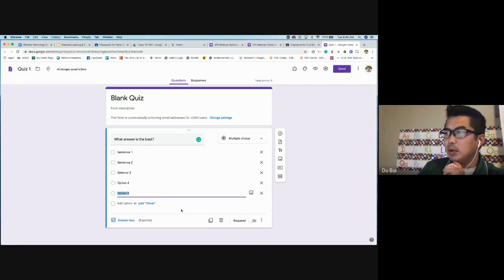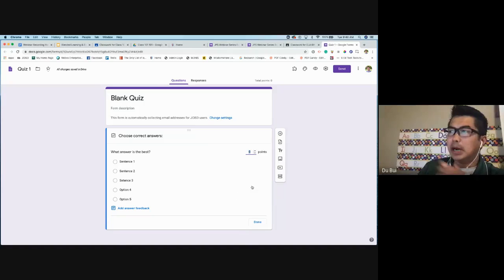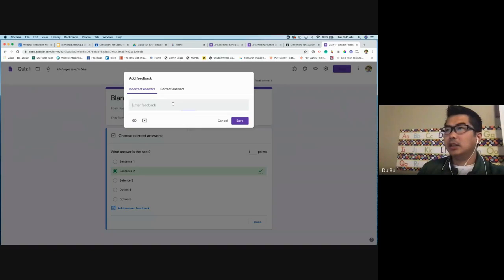At the bottom, you have an answer key, and when you click on that, that's when you modify how much it's worth. So this is only worth 1. I can now, since it's on the answer key, select the correct answer. So it's sentence 2. And you can see that a check mark appears. I can also add answer feedback. And this means for any incorrect answers, you can have a little message if you want. You got the wrong answer